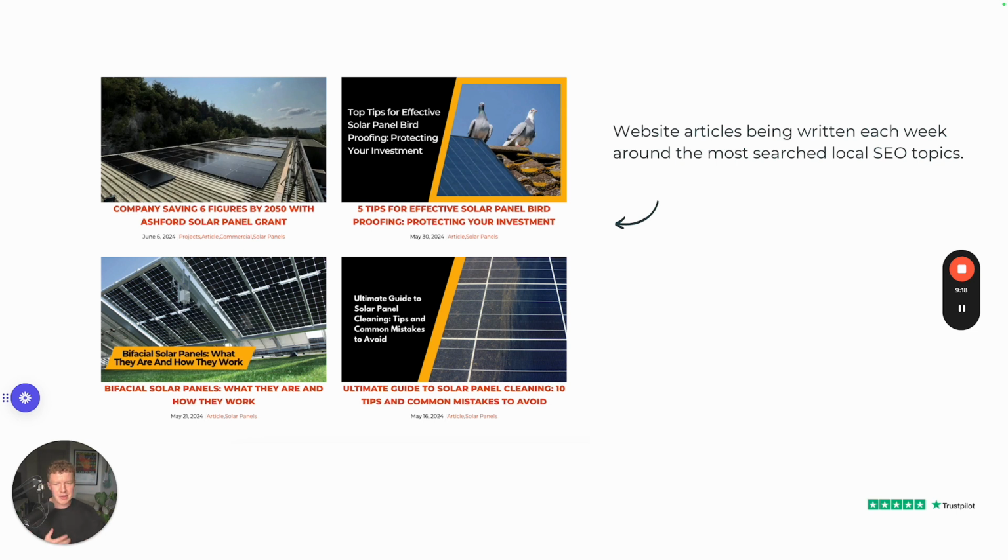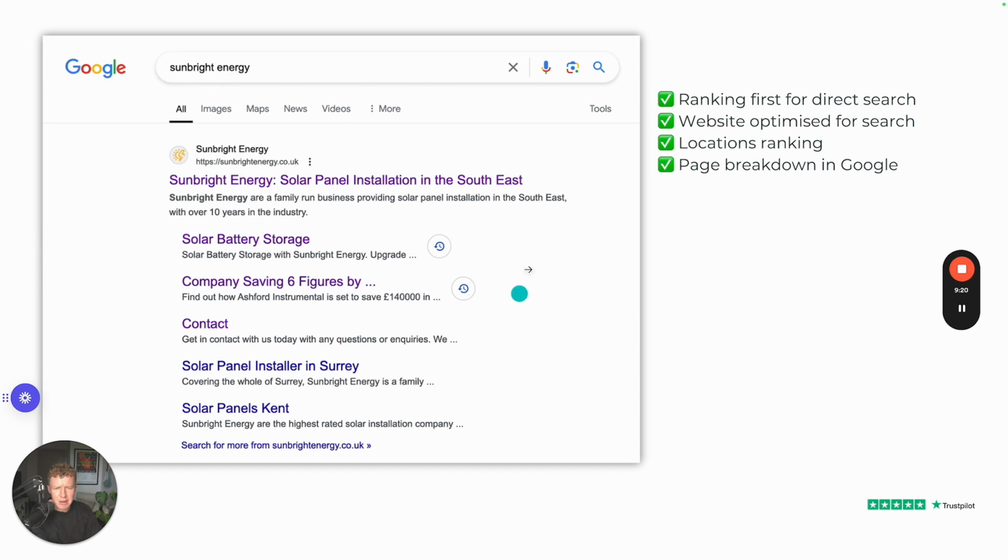That's hopefully going to help that company rank over time. But as you can see here, the most simple thing that we're doing is just getting the website basically optimized for SEO. So that means that when someone searches the company, it comes up with the name, an explanation for the company, and it also comes up with the most important and most clicked pages straight away, as opposed to it coming up with just their website domain and nothing's optimized for SEO whatsoever. So this is at least the basic level that we'll do for every single website design we take,